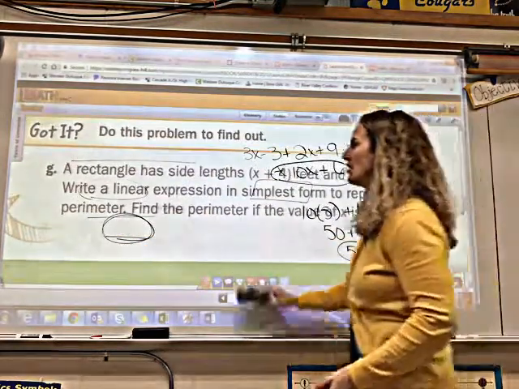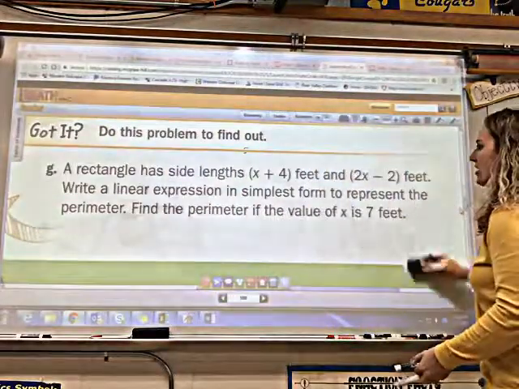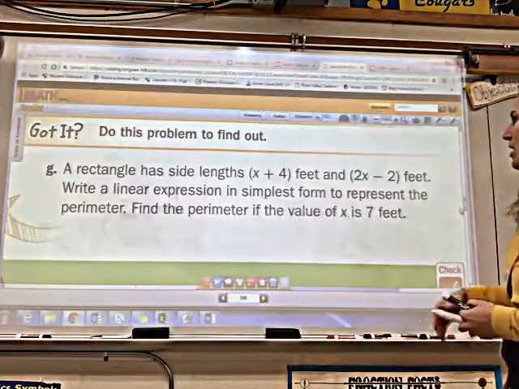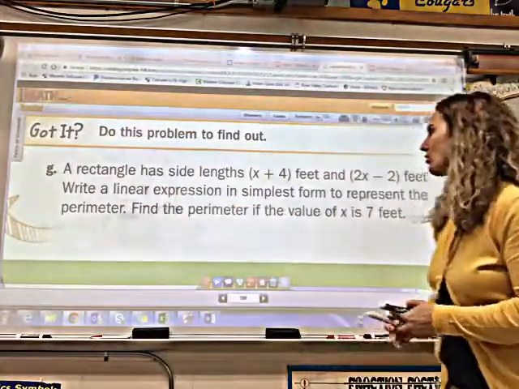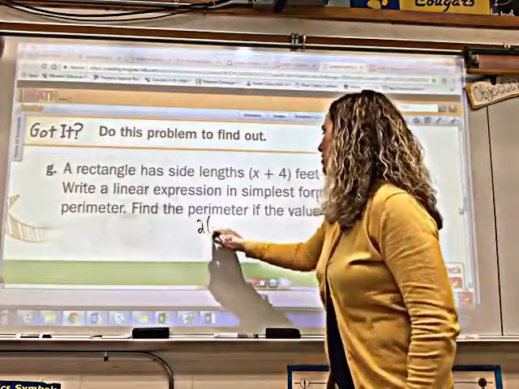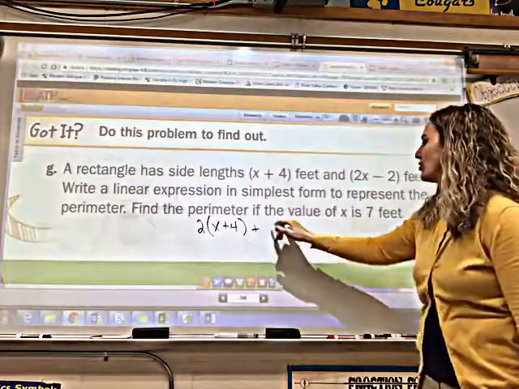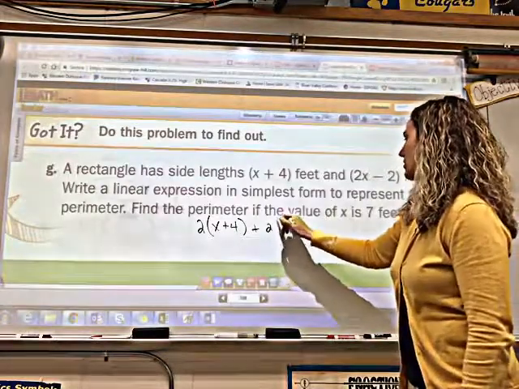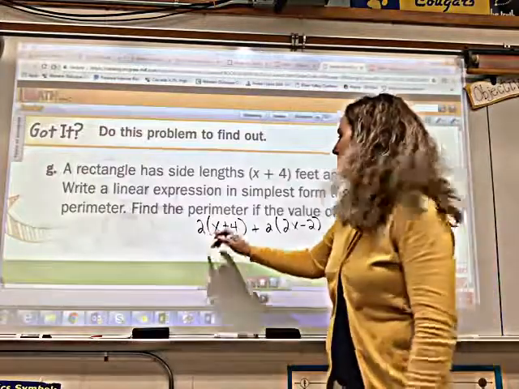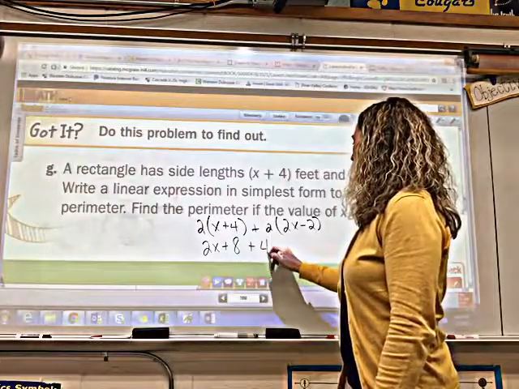Taking a look at letter G, we're looking at a rectangle. On a rectangle, we're going to have 2 sides that are the same. Lengths are going to be the same, widths are going to be the same. The job is to come up with the perimeter. So I have 2 lengths. I can take 2 times x plus 4, plus I'm going to have 2 widths, so 2 times 2x minus 2. Again, using your distributive property, 2 times x is 2x plus 8 plus 4x